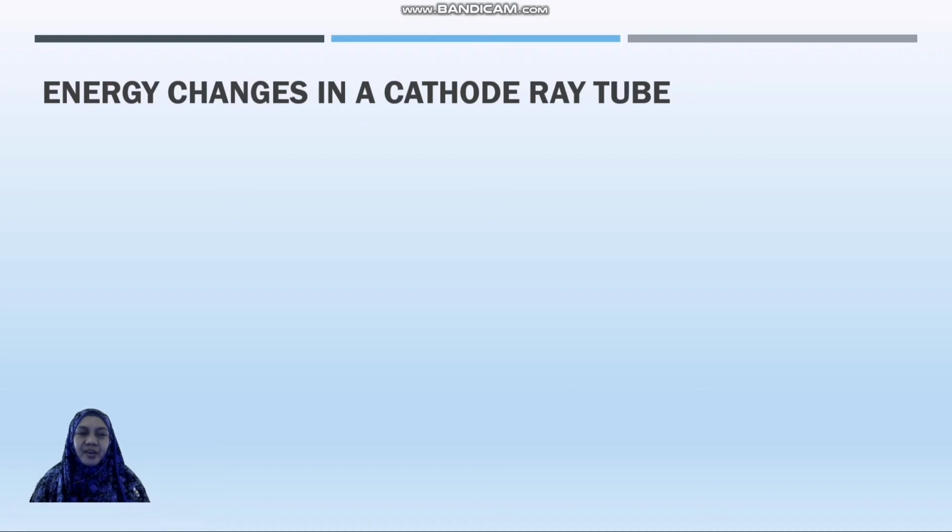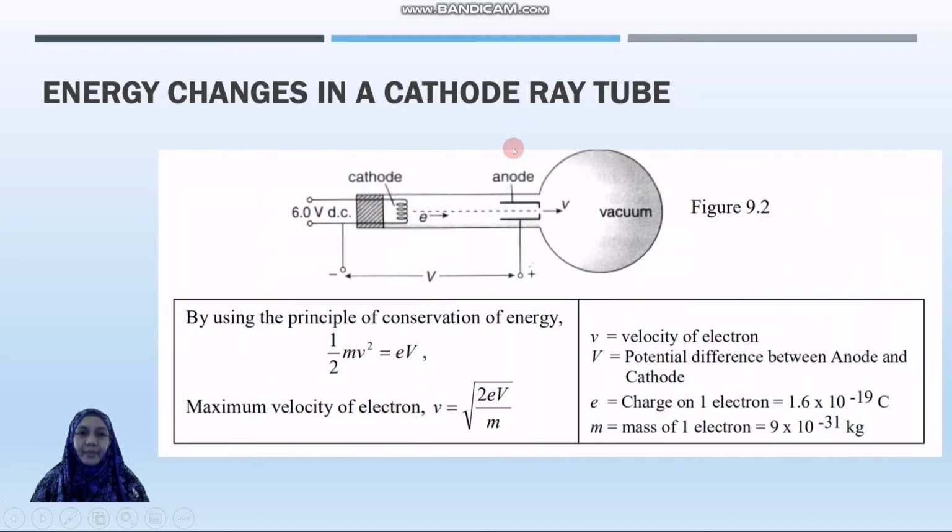So it seems that we have come to the final part of today's lesson, energy changes in a cathode ray tube. So to understand what kind of energy changes occur inside the cathode ray tube, let's take a look at this diagram. Okay? When the electron beam or the cathode ray is emitted from the cathode, they travel at a very high speed, which means they have kinetic energy. And the moment they hit the screen, this kinetic energy is converted into light energy, or in this case, it is called electrical potential energy.